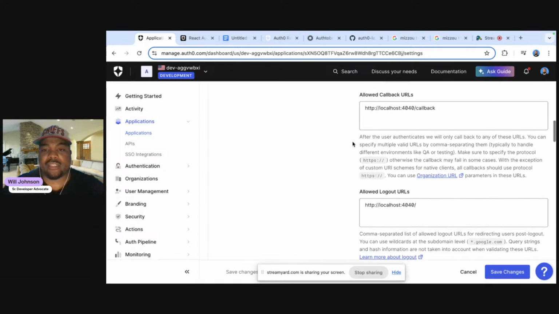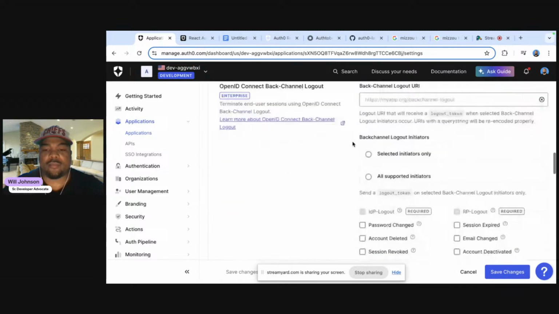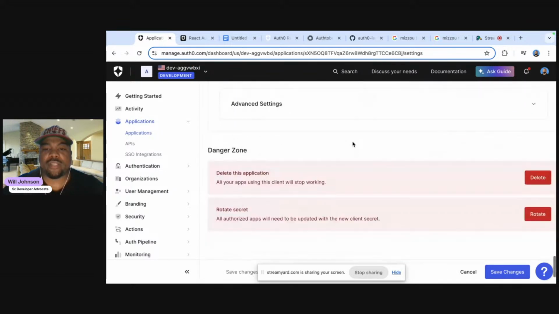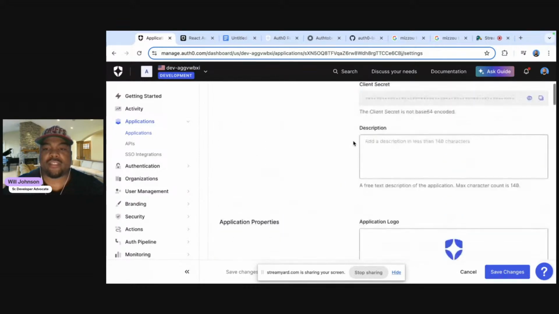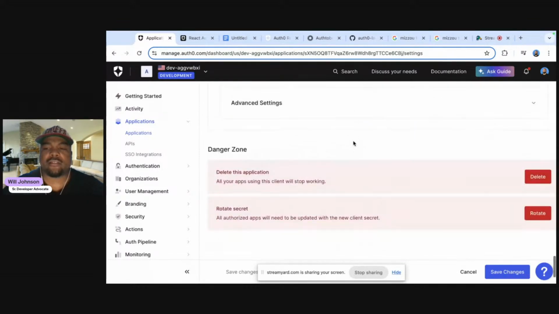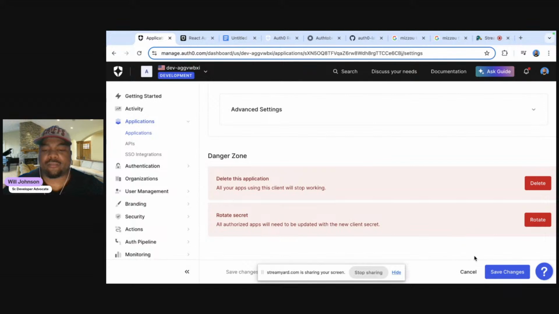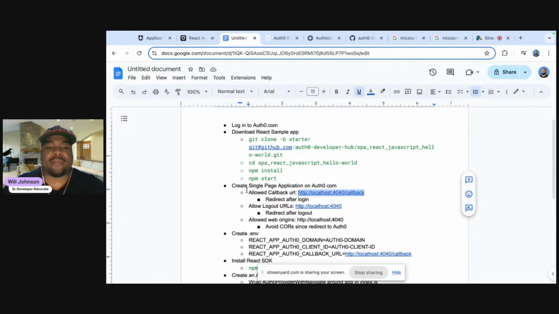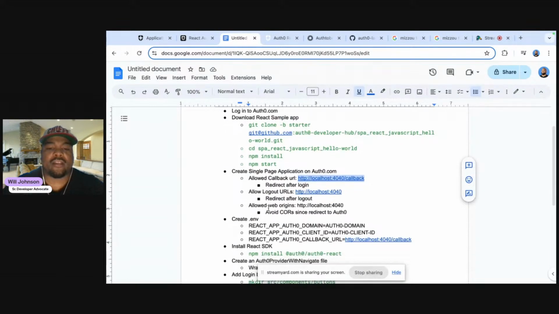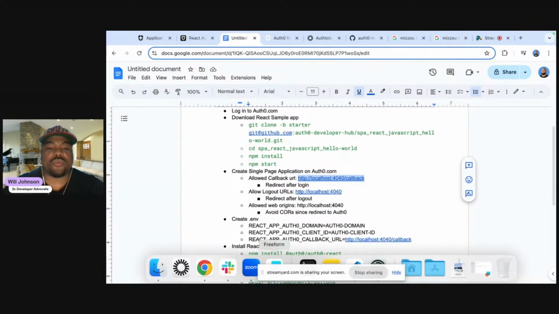So those are the three settings you change within Auth0, and then we scroll down and make sure that we save these changes. Oh, the StreamYard thing was covering up. So yeah, make sure we save changes. All right, so we have the application created. So now we're going to go to VS Code,